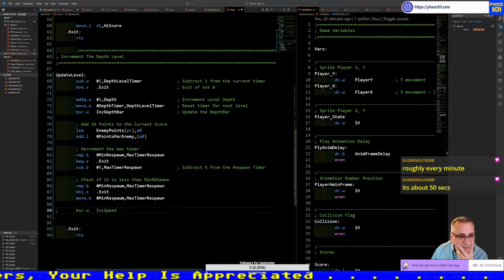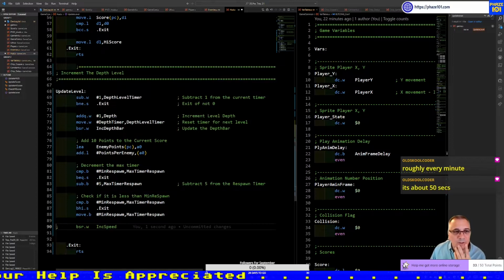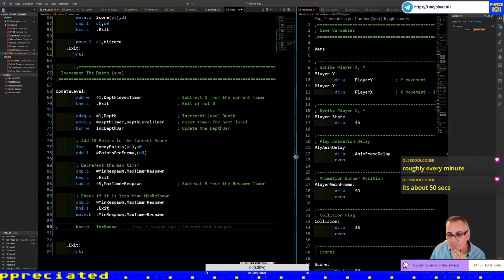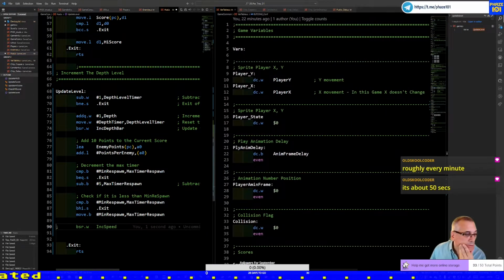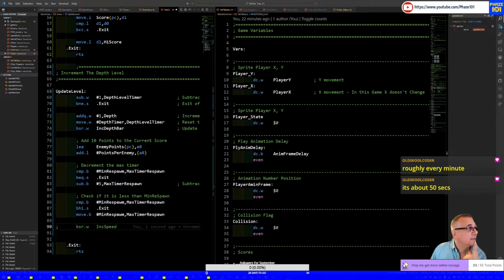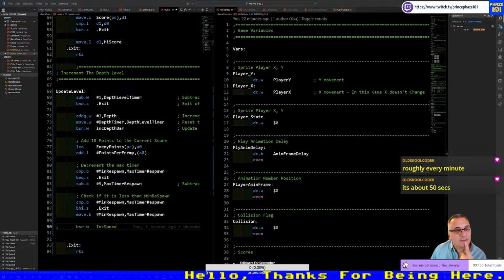But before we do that, depth level timer, that should be, I remember that I did the calculation. So if I go on constants, somewhere I have to have a constant for it. That is depth level timer. Actually a variable.